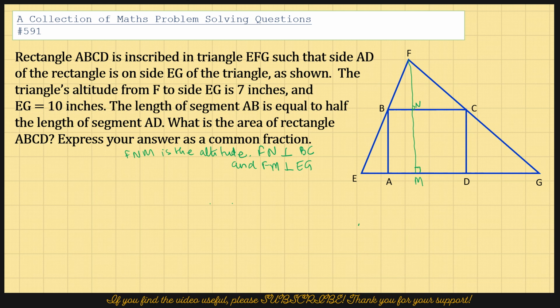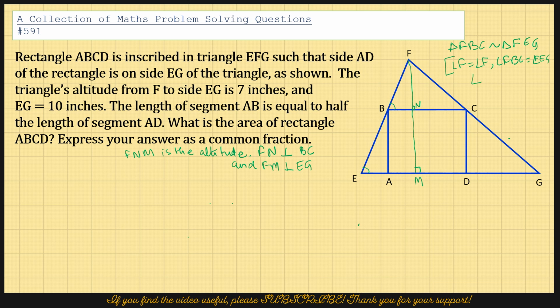Okay, so what we're trying to do is to prove that triangle FBC is similar to triangle FEG, and the reason is angle F equals angle F for both the triangles as a common angle, and angle FBC is equal to angle FEG,